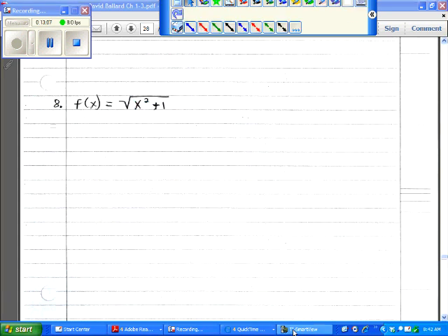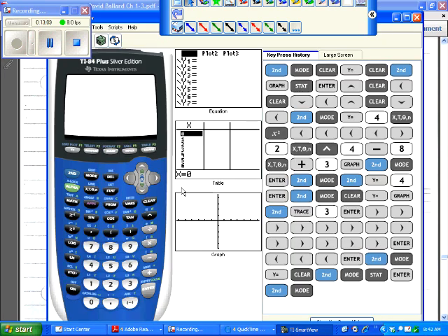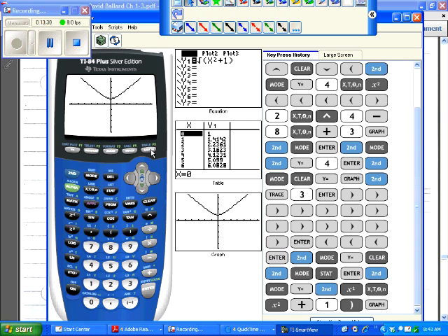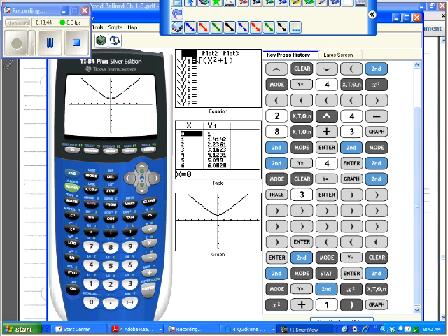So we're going to go to our graphing calculator, and we're going to go to y equals. Now we want the square root, so we're going to do second x squared for square root of, I'm going to get my variable x, and then I need to hit the square, and then plus 1, and then we'll close parenthesis, and we'll hit graph. And what we have is something that looks kind of like an absolute value. Kind of an interesting graph, but we can see graphically that at the point 0, 1,